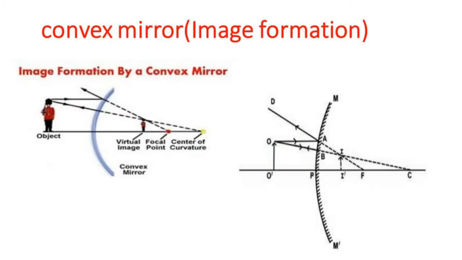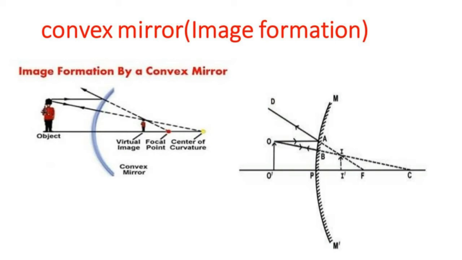Image formation by convex mirror. Let's see the ray diagram and understand how the image is formed by a convex mirror. Any two rays can be chosen to draw the position of the image in a convex mirror: a ray that is parallel to the principal axis, that is rule 1, and a ray that appears to pass through the center of curvature, rule 2. Note, all rays behind the convex mirror shall be shown with dotted lines.